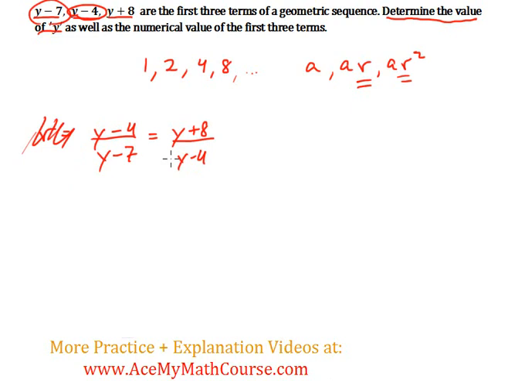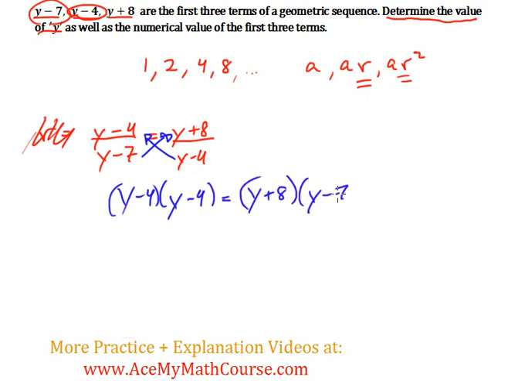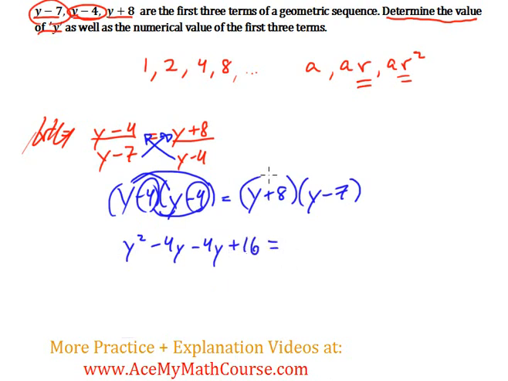Let's just cross multiply. So this comes over here, that goes over there. So y minus 4 times y minus 4 is equal to y plus 8 times y minus 7. Then here we can FOIL, expand this. Y times y is y squared. Y times negative 4, negative 4y. Negative 4 times y, negative 4y. Negative 4 times negative 4, positive 16 equals,